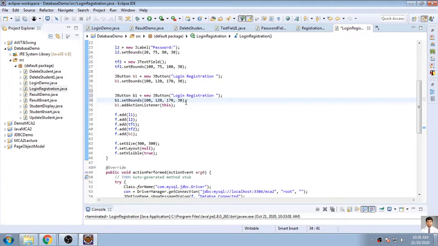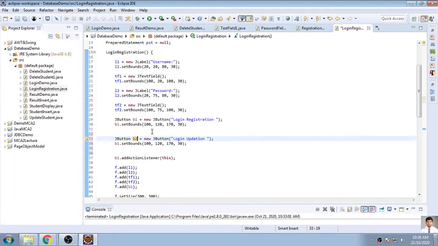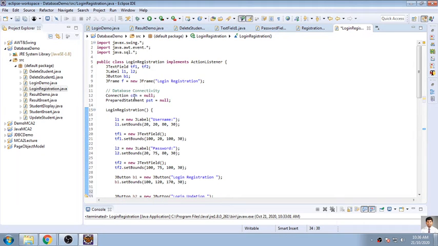So login updation. This is my button B2. On the x-axis I will name it, and on the y-axis I will go for 170. So it will be at the bottom. So login updation, my second button, B2, is added.